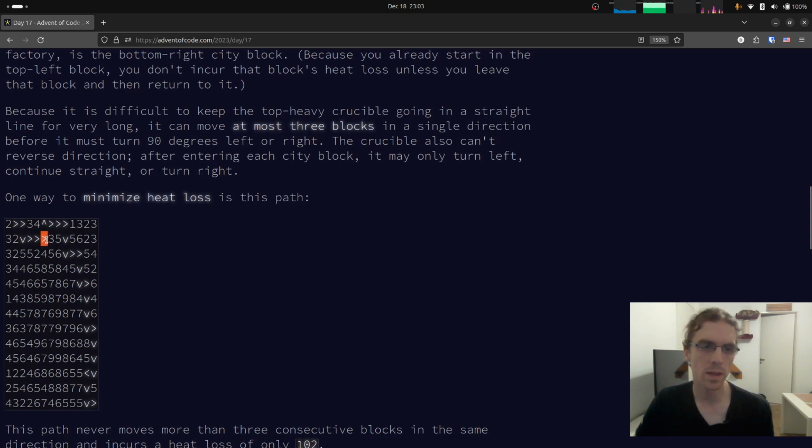But the successors of these are only this one and this one, because you cannot keep going forward. So basically that's what I put in my notes for this graph: the XY coordinate, the direction that you're going, and how long you have been traveling on a straight line.